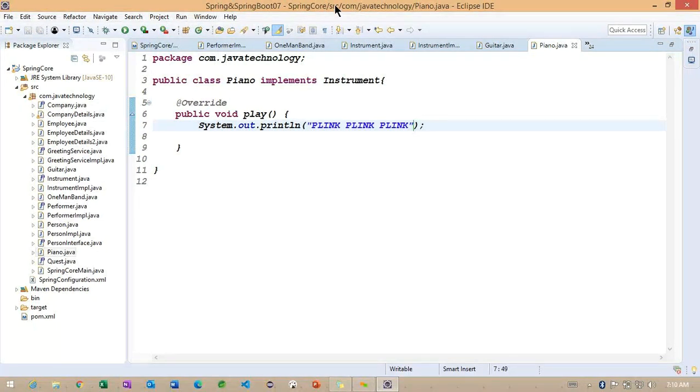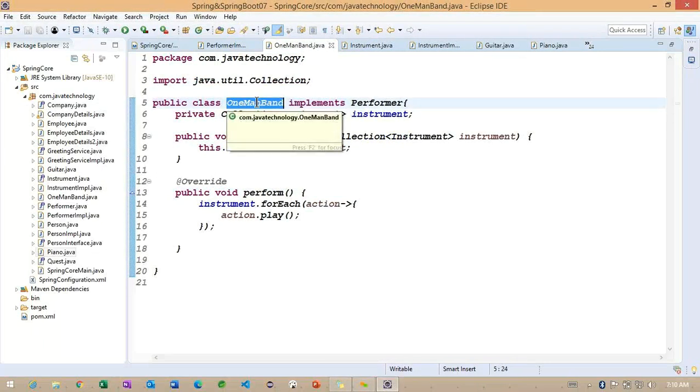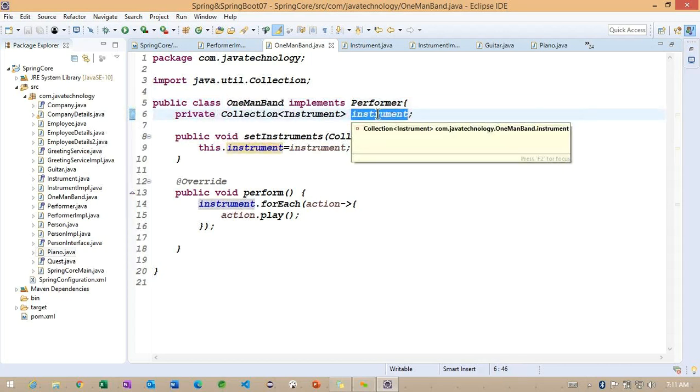So these are the different implementation classes we have for this particular Instrument here. If you understand carefully, whenever we are trying to create this particular one-man band, this one man is going to play different types of instruments here. To work on this, first we need to specify the multiple instruments here. Getting the point. We need to provide the multiple instruments. The multiple instruments we already provided, which means we already implemented them using this Instrument interface here.